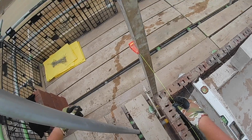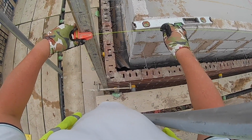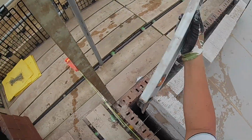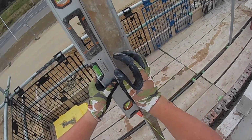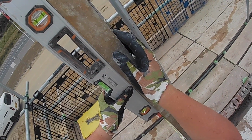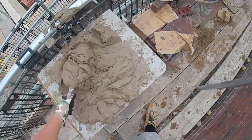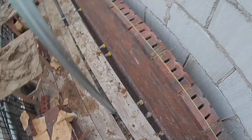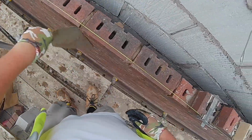It's having the right help. I did that with the old man as well, so he's a bit slower. Probably if I had a lad knocking the gear up for me, because I was knocking my own gear up in the tub because it was ready mix, and then the old man was getting my hod. I was stacking my own bricks up. Obviously he got me the bricks, but I had to put the stacks up myself when they got low. So I could probably do it easily, 1,000 of these soapers with a bit of practice on these houses,